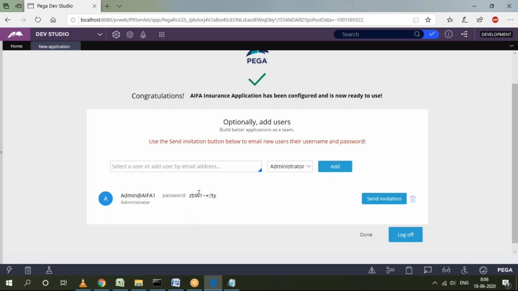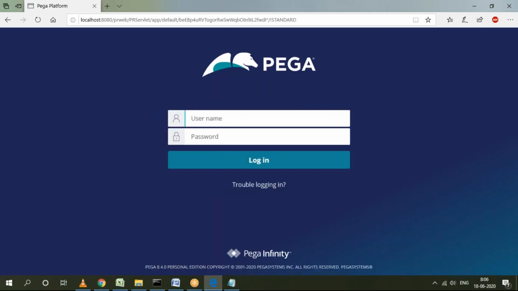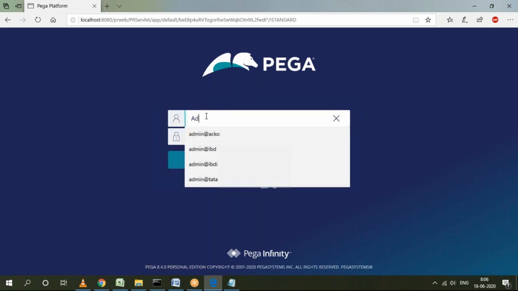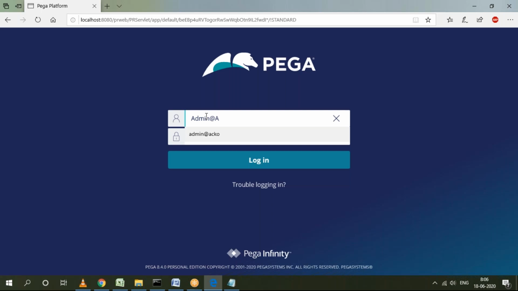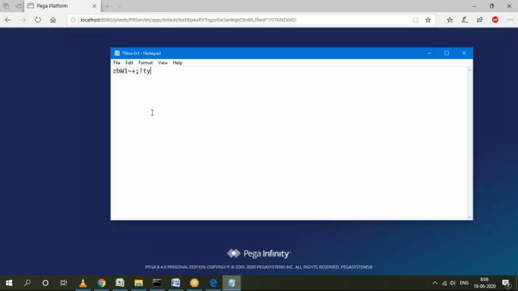Make sure to note this password, then log out from this setup. Click on the log out button. See, the password is case sensitive. If lowercase is there, we have to give lowercase; uppercase and special characters too. Everything must be given in the same format. Now log back in using the new user ID and enter the generated password.